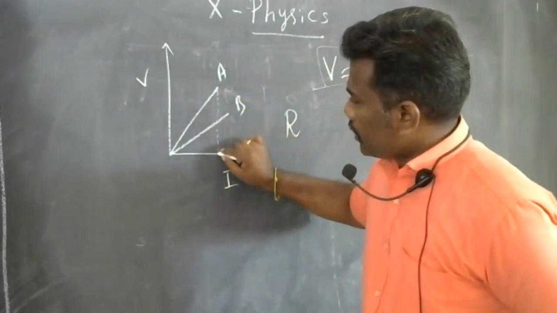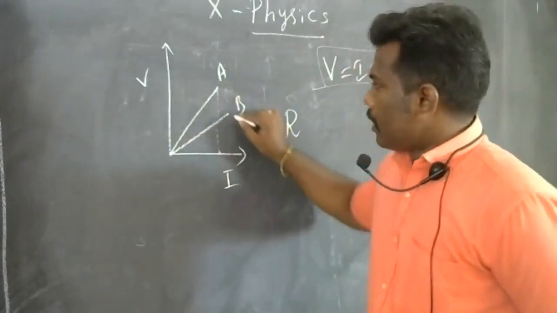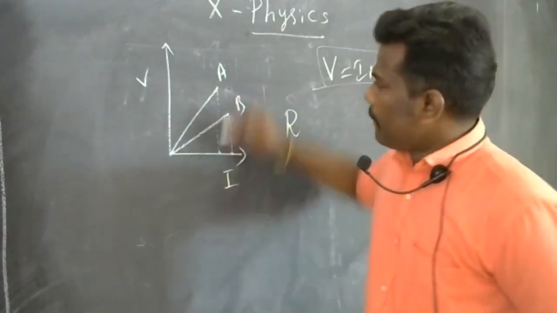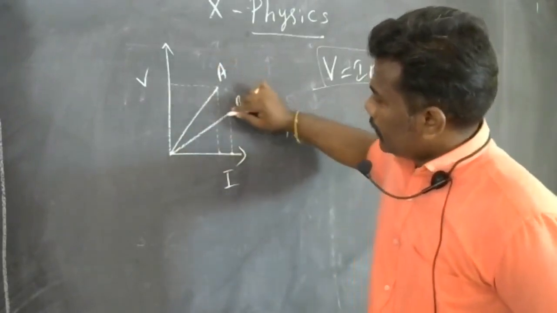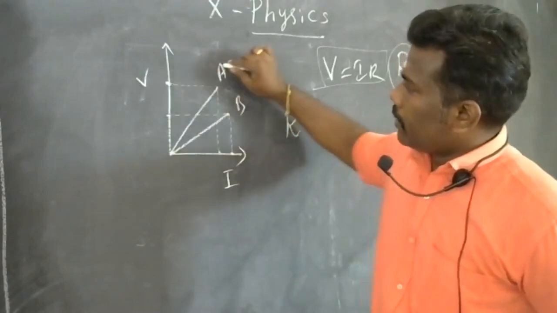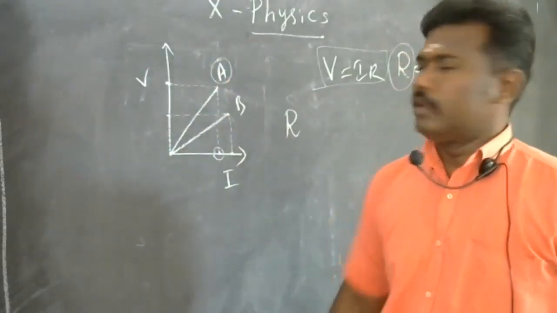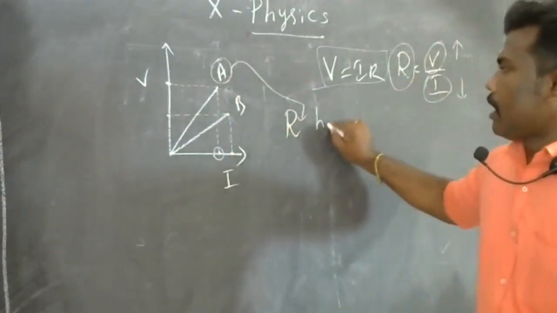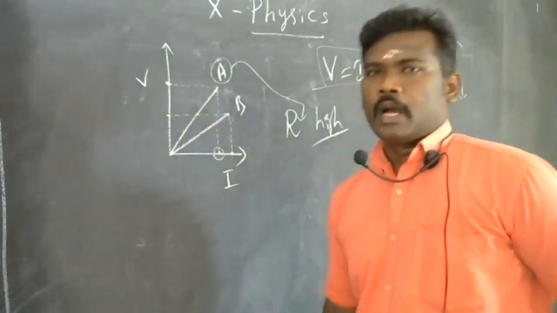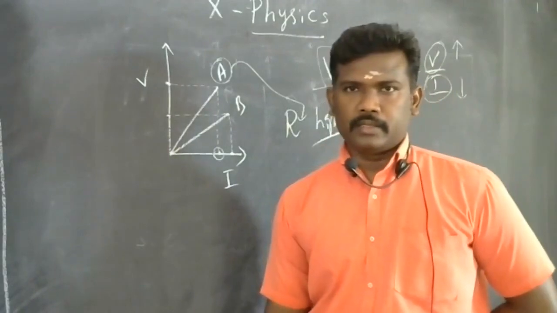Consider this is the electric current for material A, and here this is the electric current passing through material B, and this one is related to the potential difference. This is also related with potential difference. So the potential is high for material A and the electric current is less for material A. So material A has the higher resistance. So that's a way to calculate the higher resistance and the lesser resistance.